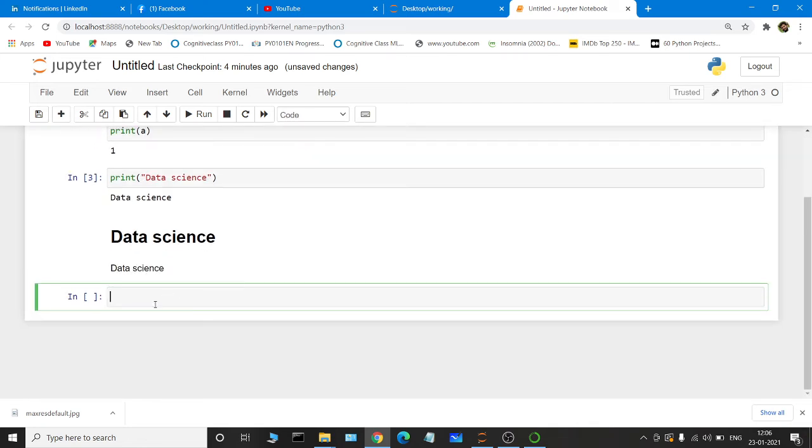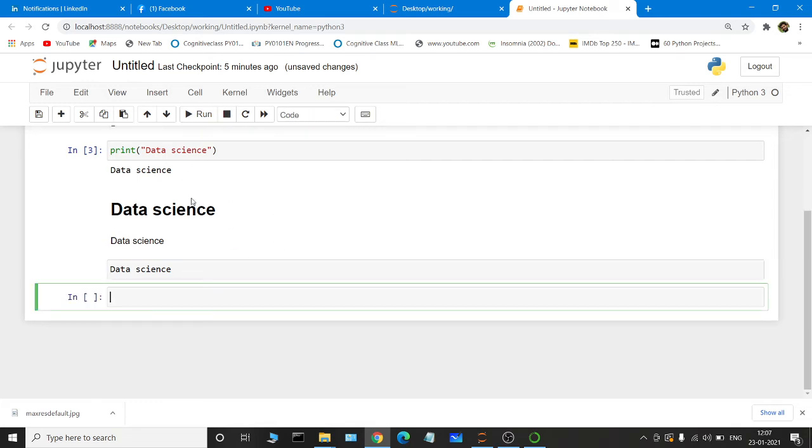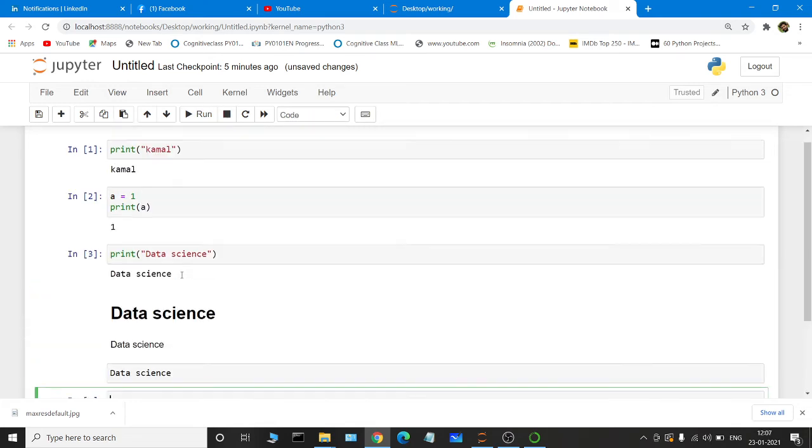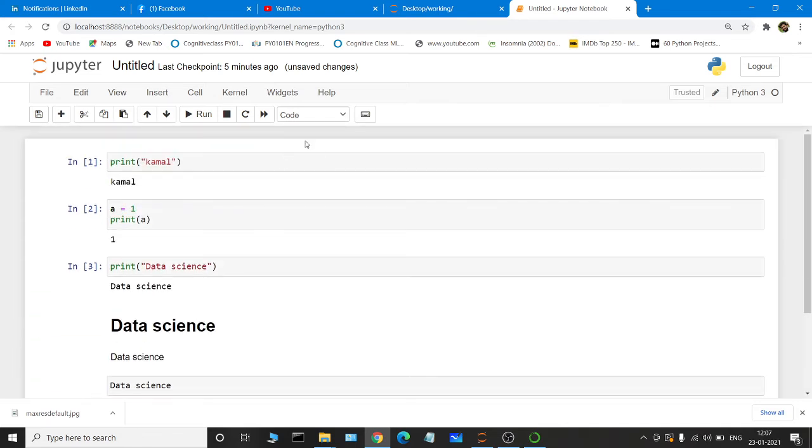If you want to write some text, there is another option, data science, and put the option in raw NBConvert. If you put raw NBConvert and run this particular cell, see, there is no change. There are no errors also. So this is the process of writing Python code by putting it in the code option or markdown option as well as the raw NBConvert option.